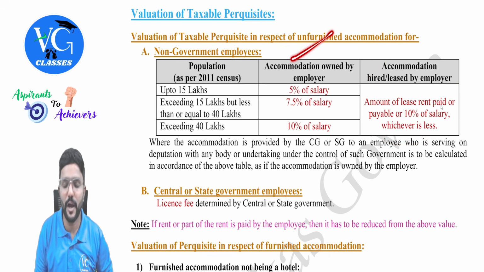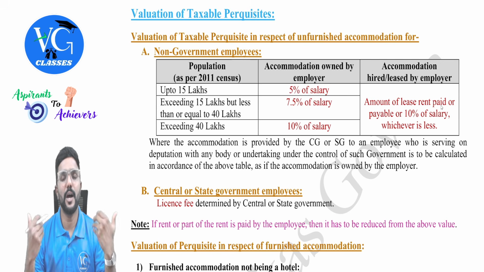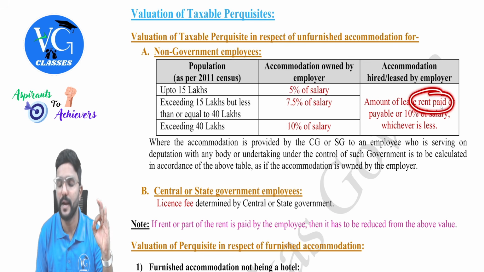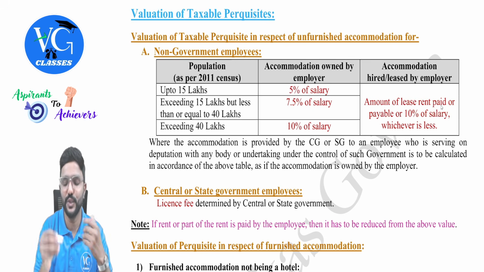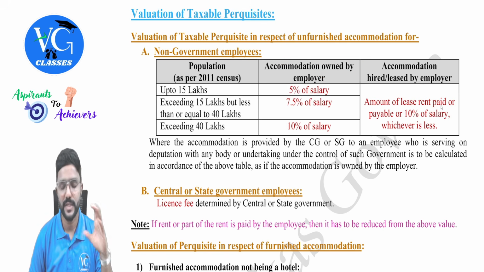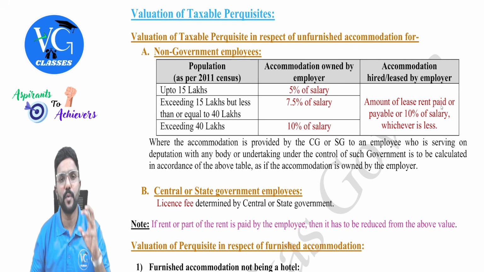Whereas, what if accommodation is owned by the employer? And in the question, sir, how will we know whether it is hired or owned? Guys, if it is hired or rented out, they should have given this amount in the question. If this is not given in the question, it is understood that the property is owned by the employer. Got it? So if accommodation is owned by the employer, we need to check what is the population of